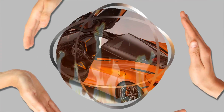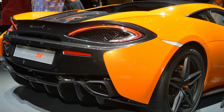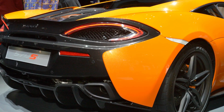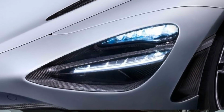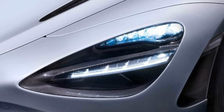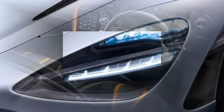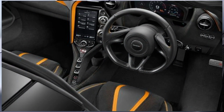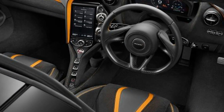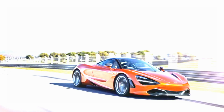Grip levels on the Pirelli P Zero tires are enormous, yet the 720S doesn't feel inert when being driven at something close to legally acceptable road speeds. The steering's weight is lighter than the supercar norm, but McLaren's decision to employ electro-hydraulically assisted steering means it retains much more of the sort of low-speed feel that electrically assisted systems tend to filter out as unwanted noise. While most of the messages the steering sends are encouragement to go faster, it's impressively talkative even when trundling through